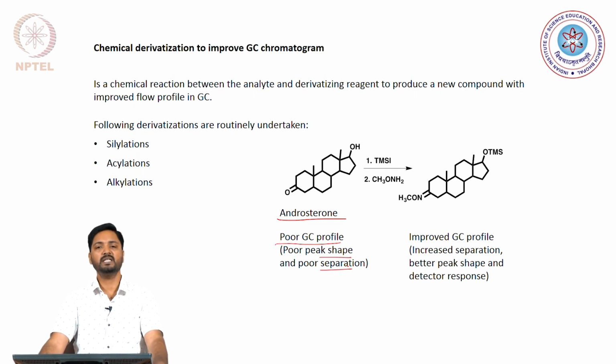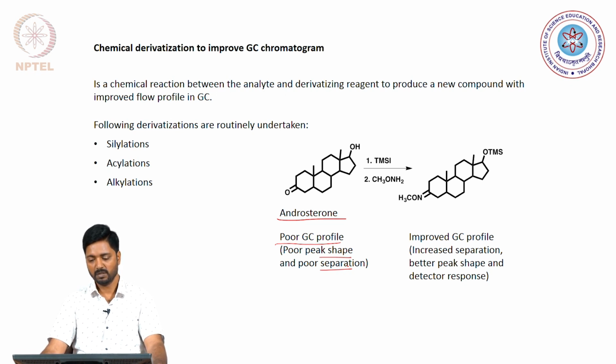But as you can see, this is a decently large molecule in terms of its molecular weight, and again as a result it has a low vapor pressure. So, its elution from the gas chromatography column is indeed difficult,